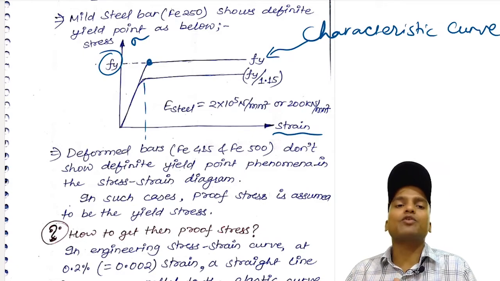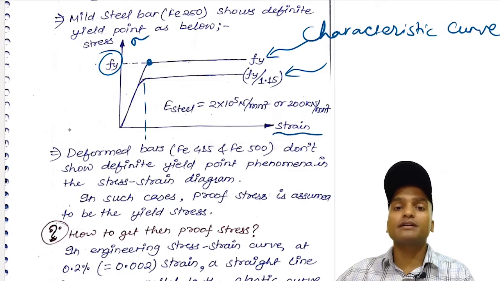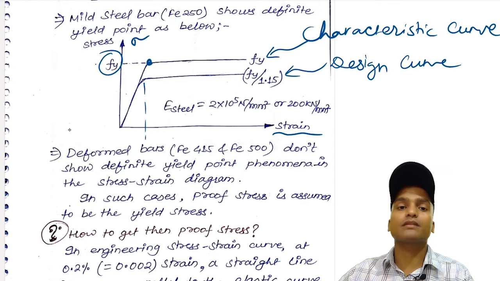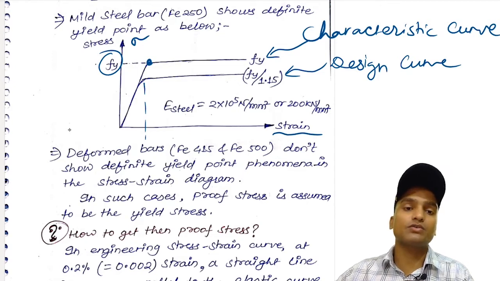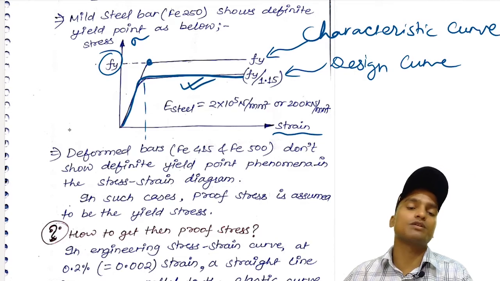So we do not incorporate the structure size factor on the characteristic curve of steel, which we are seeing here, but rather we directly divide this characteristic curve by gamma m equal to 1.15 for steel to get the design stress strain curve for steel. All right, and you can look at this second curve, which is basically used in design scenarios. So this is more important for us.